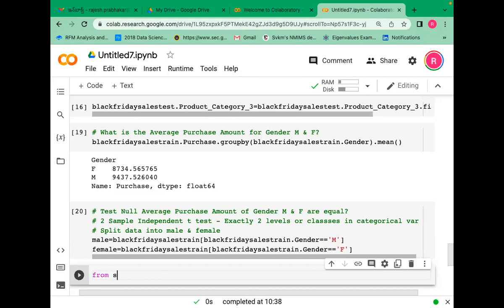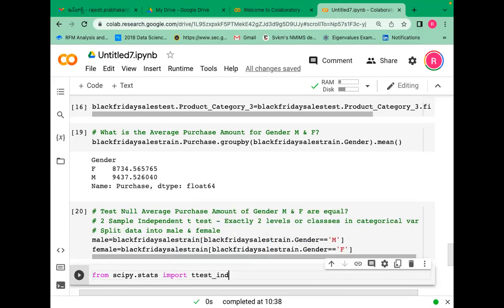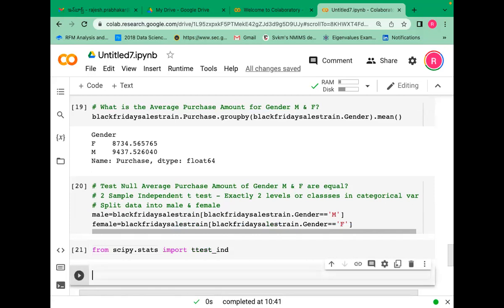Now, from SciPy dot stats import ttest_ind. ttest_ind male